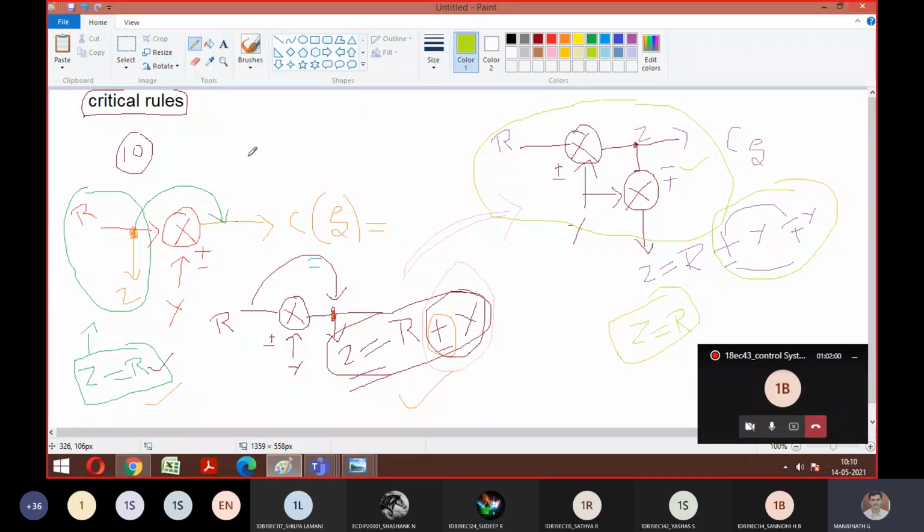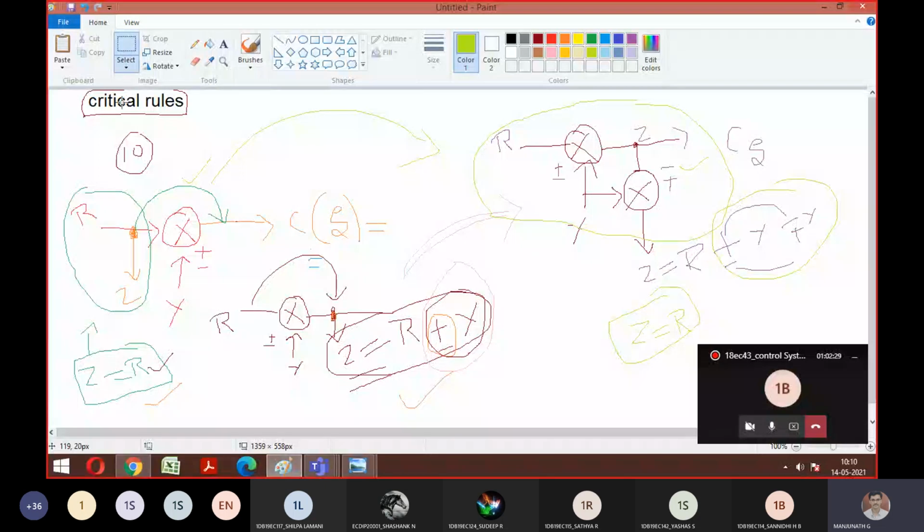Is it okay? So this is the ultimate diagram. If you find this type of thing, then I have to write the things in this way. I hope I made clear why I should write it this way. So we have to match Z equal to R, Z equal to R on both sides. This is how we did it from the previous rule 9. Is it okay? Shall we move on to the next rule, number 11?